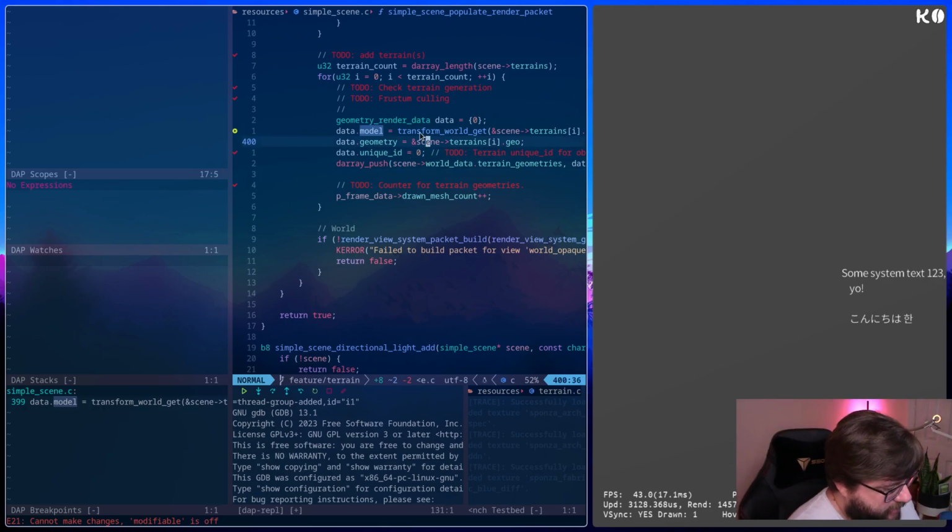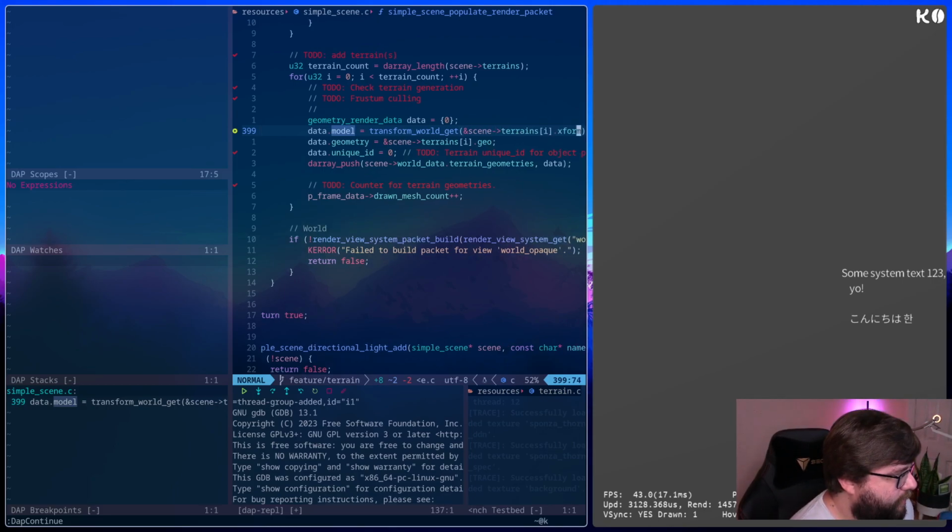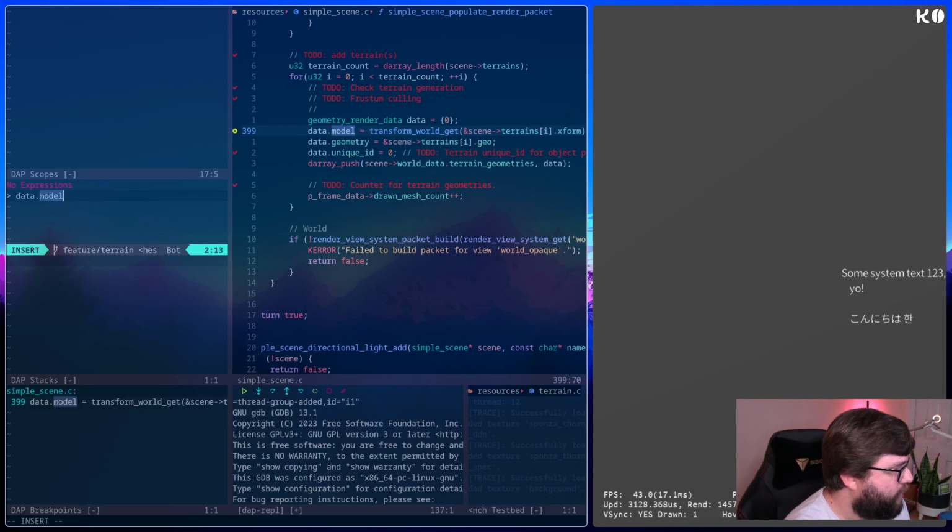I think it's going to be something stupid. I know it, but I think it's probably because I'm tired. Terrain's xform. Model.